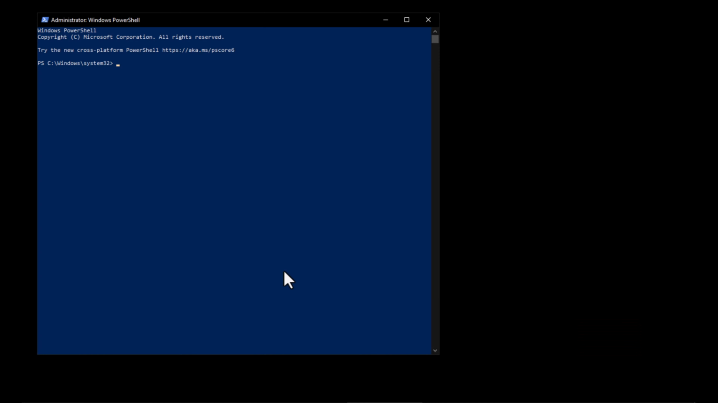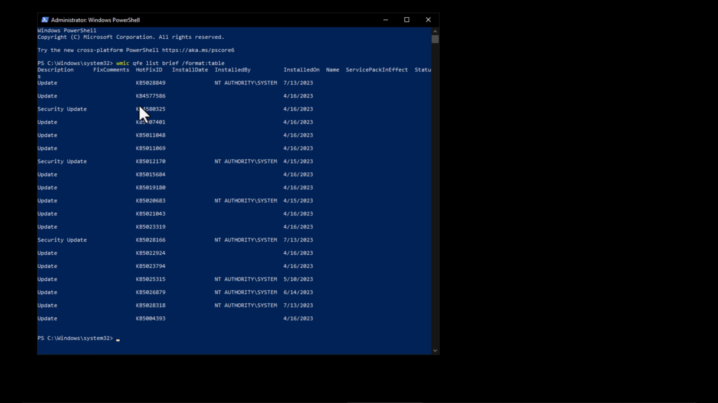Click with the right in Start and go for Windows PowerShell admin and type this following command. Click enter, and here the list of my latest updates. And here, if you can see here, we have hotfix ID. To install one of these